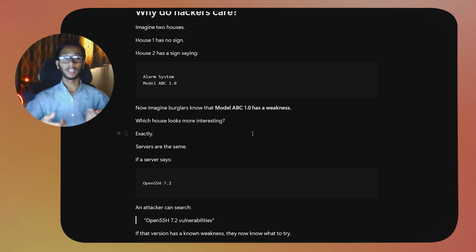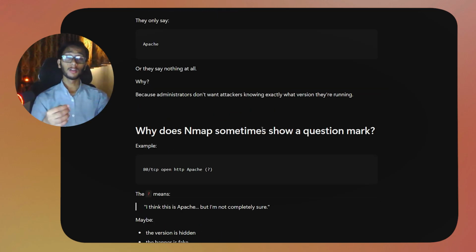And so as I said, if it is some older version service, it might have some vulnerability, and they can then use that vulnerability to exploit that service, right? So that is exactly why the banner can be used in a bad way. Another most important thing is sometimes you will see the full information about the version, everything,